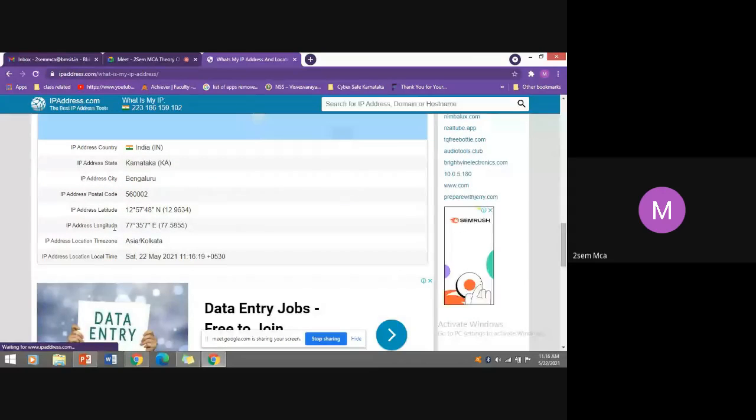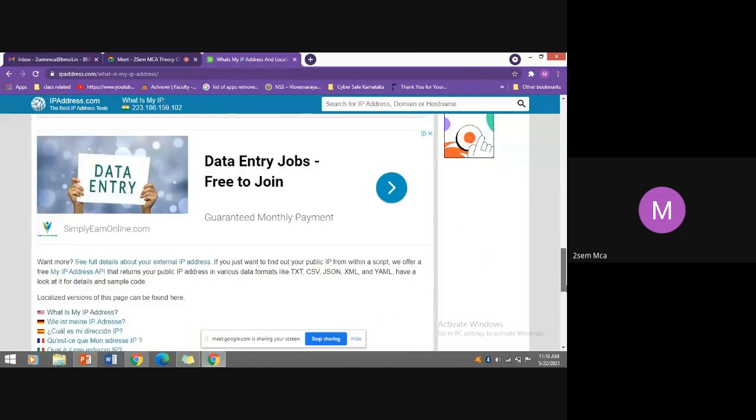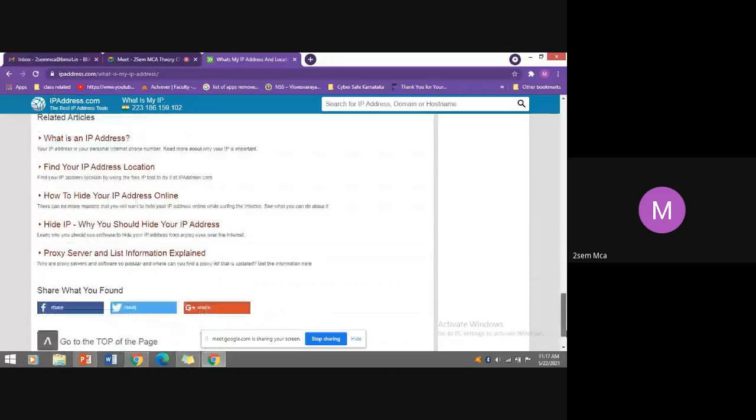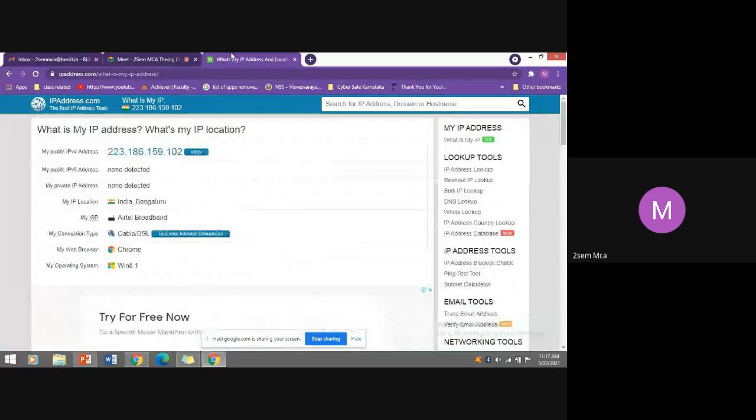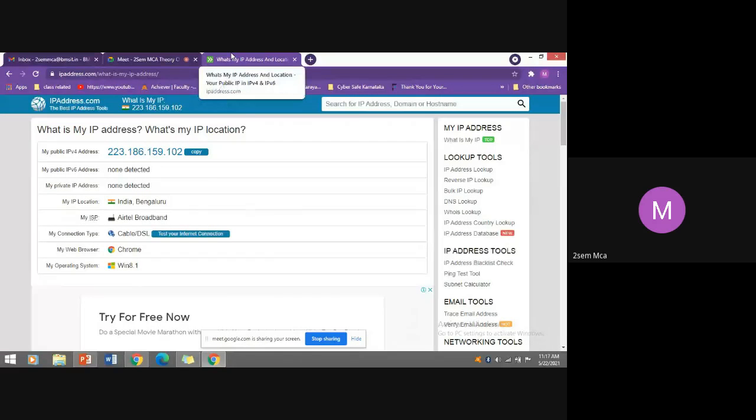I am operating this IP from Karnataka, India, Bangalore; the postal code is not showing properly. It is just locating the IP address approximately, through this you can locate my current location. This is reconnaissance, collecting information about the targeted machine.